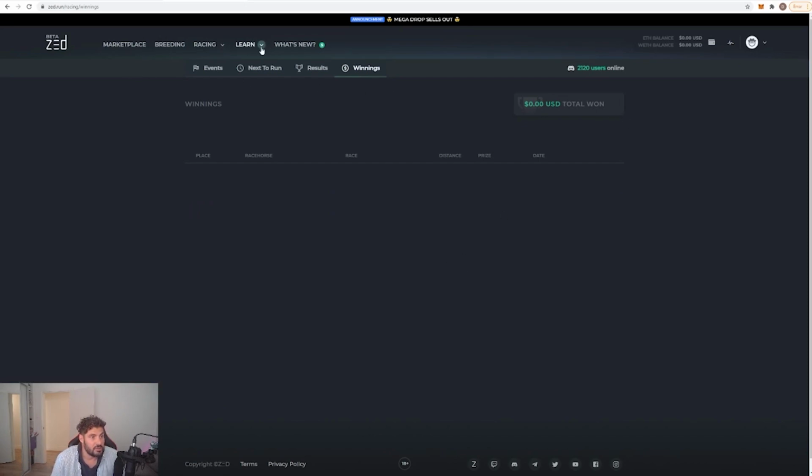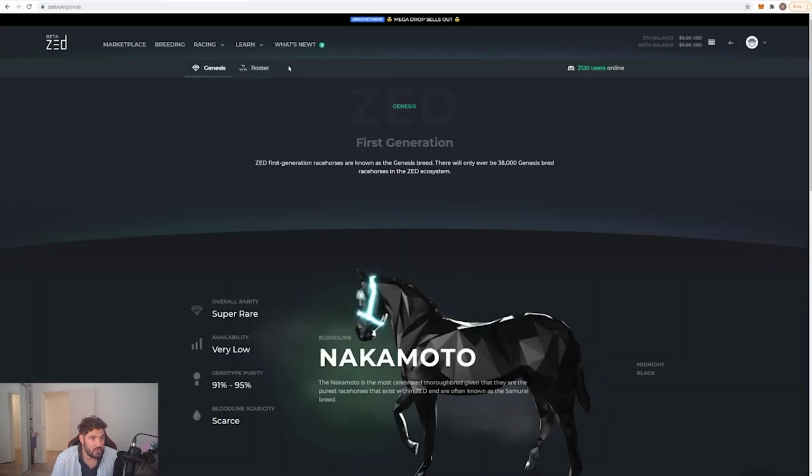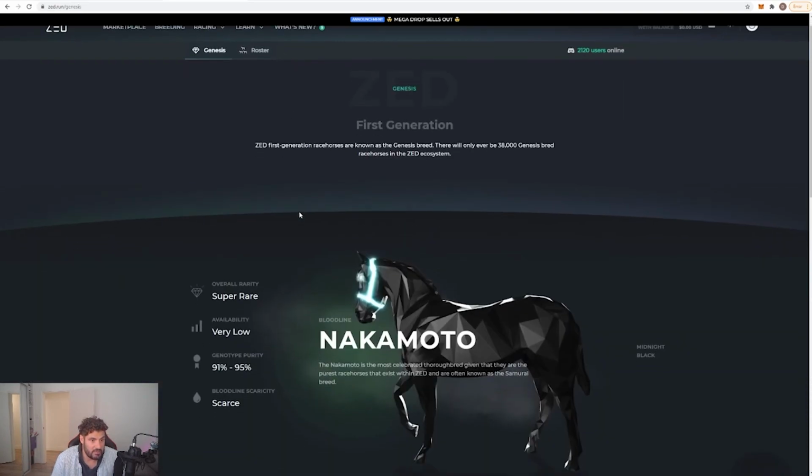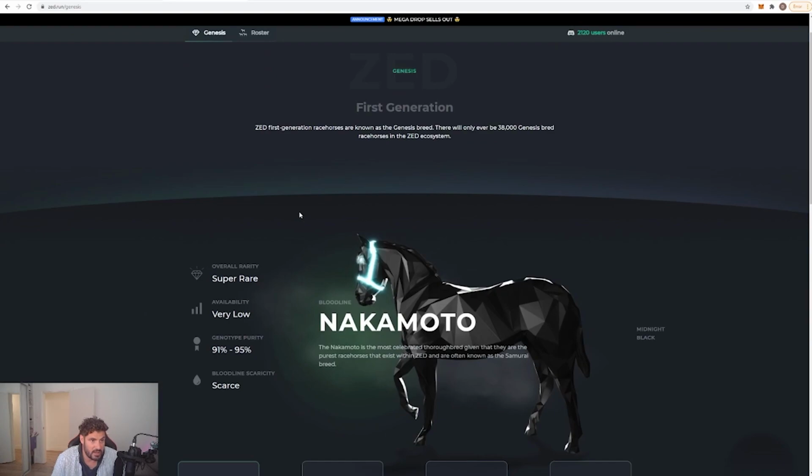Moving on into the Learn tab, this is where you're going to need to really understand the 4 key genes in the system, in the ecosystem of Zed. So there's 38,000 Genesis bred horses, and what that means is that there's 38,000 horses that are bred by Zed that you can purchase in these drops. They should be sold out pretty soon, I would dare say. And so what we're going to be relying on is breeding and P2P